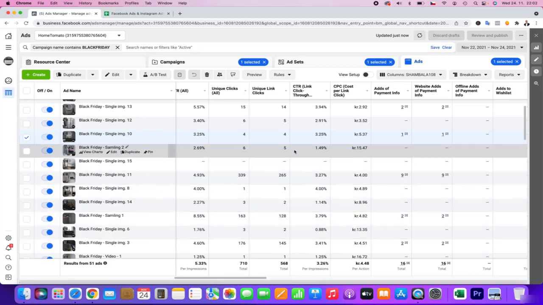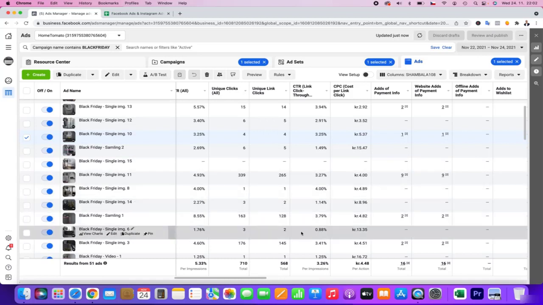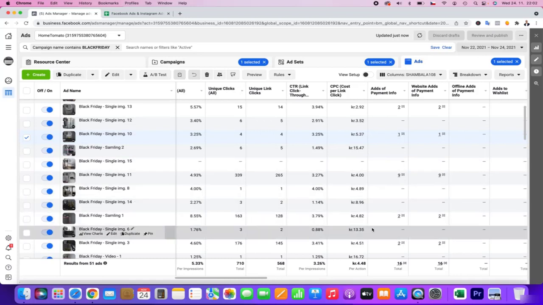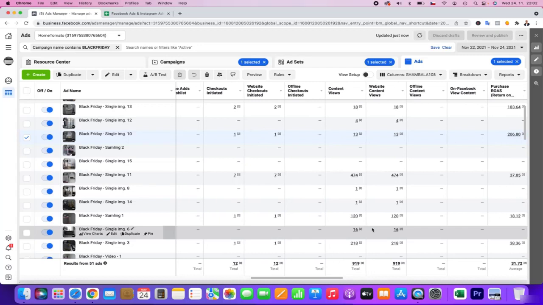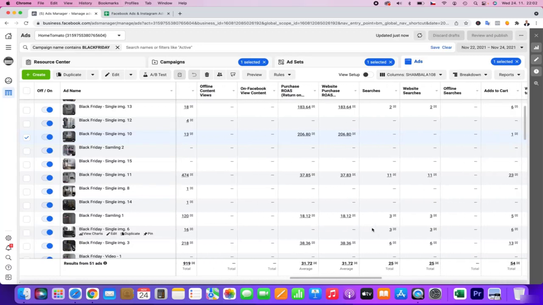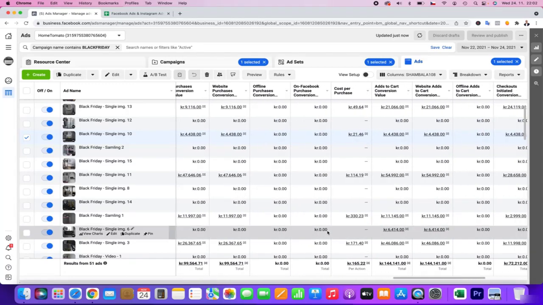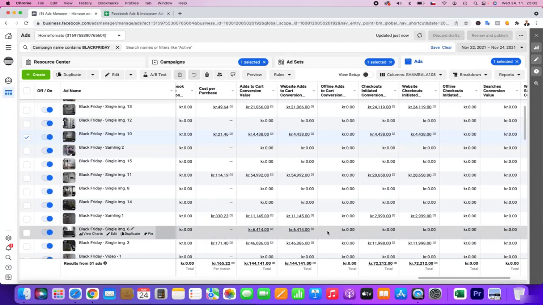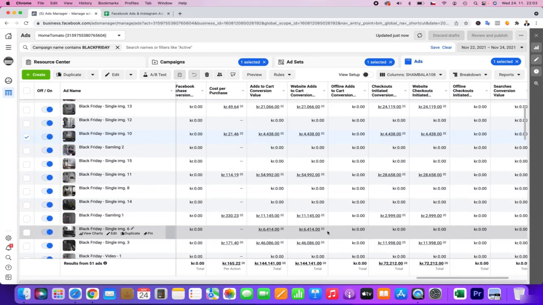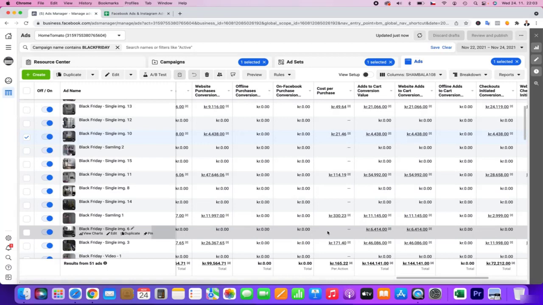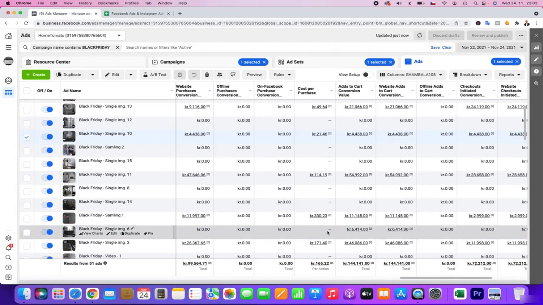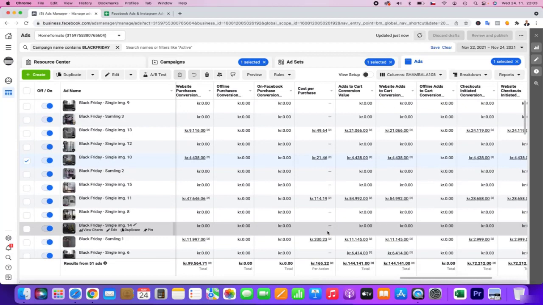Maybe this one is not really the best in terms of link clicks, but it's always good to check add to cart actions, because people see something and start deciding about it, or they go via direct, but Facebook can still sometimes calculate it because it can sometimes recognize that people did view this ad.